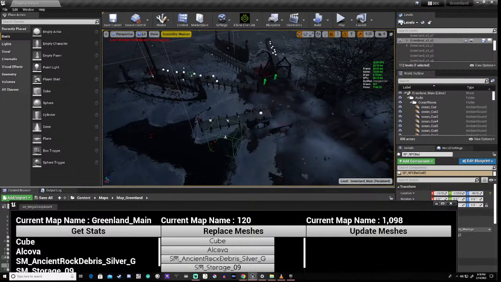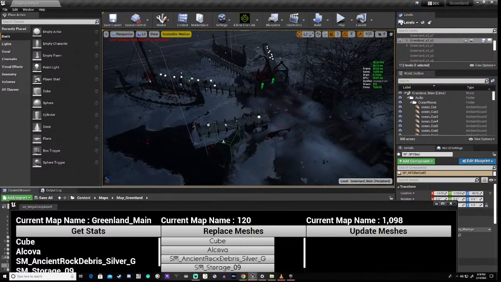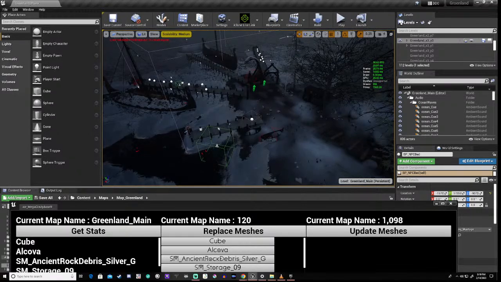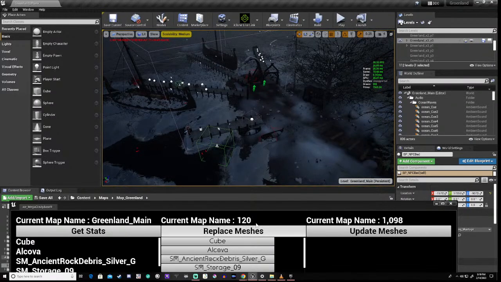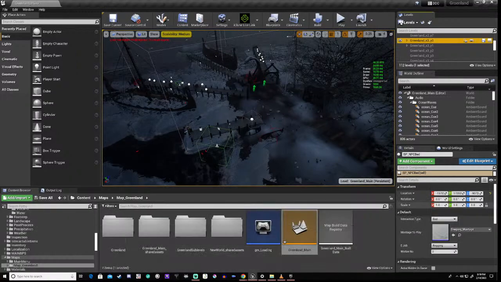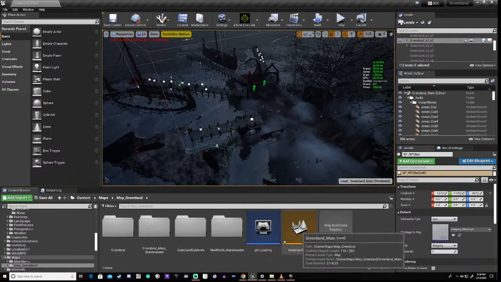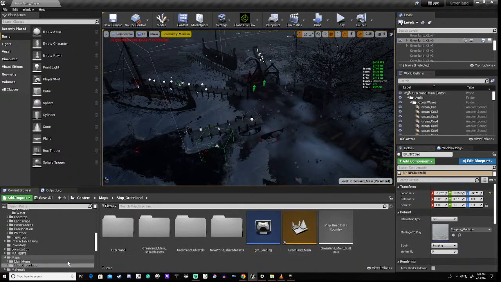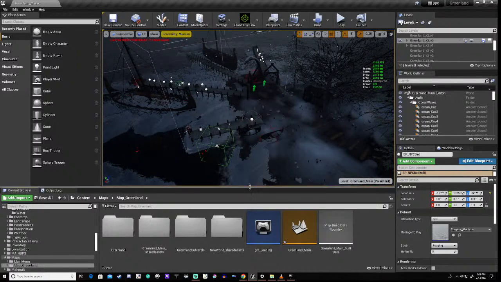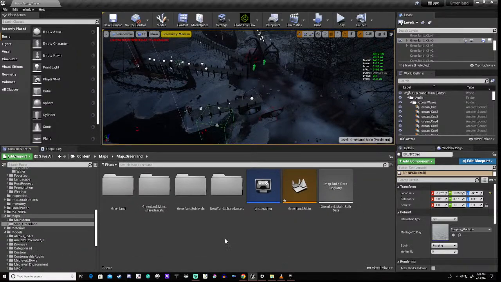Now, I'm afraid to test this. Actually, no. Wait a minute. What I'll do here is I'm going to minimize that for now, right? What I'm going to do is I'm going to create a new folder,